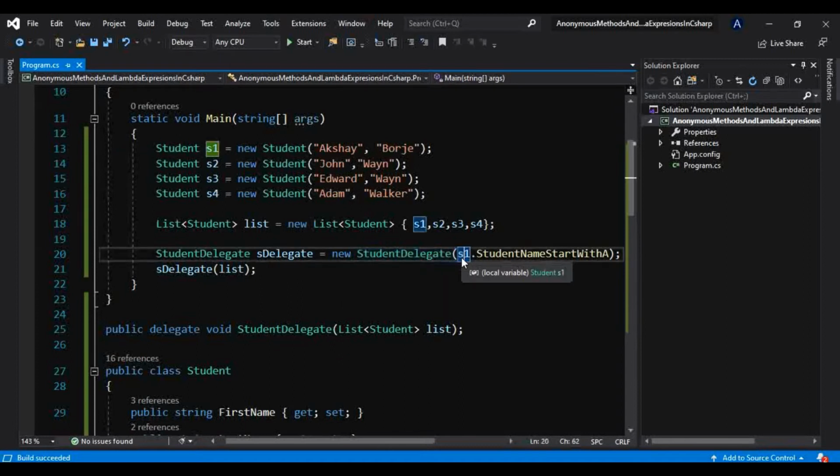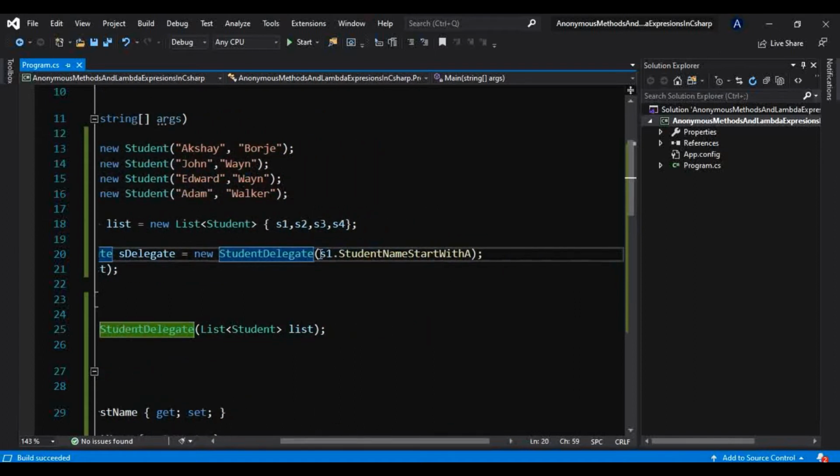So instead of that, we can directly pass that logic here itself, instead of creating a method somewhere else and passing that method to this delegate. What we can use is an anonymous method, that is a method without any name. So how can we do that, let's see.